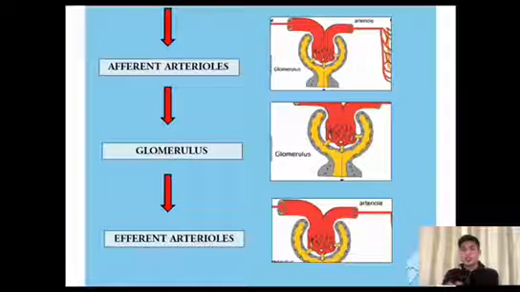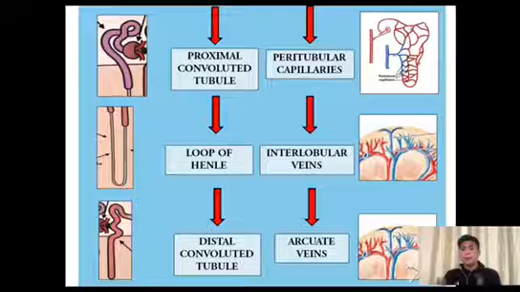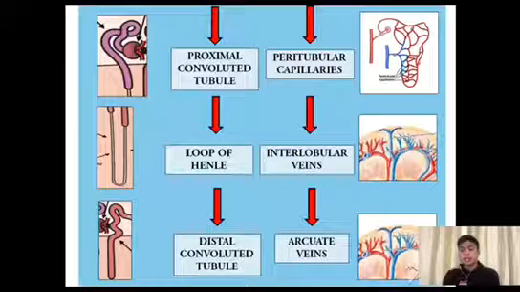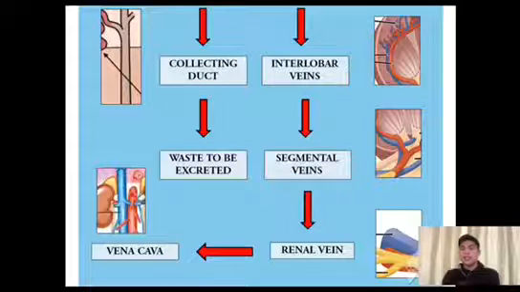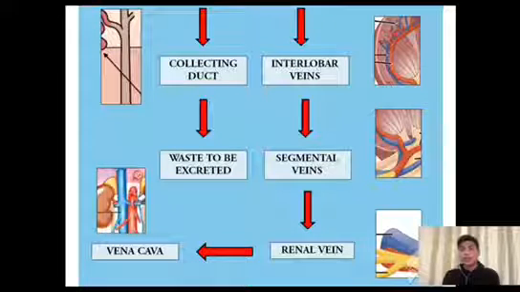arterioles, which are connected to the glomerulus, and the large particles in the blood that cannot pass through the walls of the glomerulus will now go to the efferent arterioles. And now these efferent arterioles proceed to the peritubular capillaries, to the interlobular veins, arcuate veins, and now to the interlobar veins, segmental veins. After the segmental veins, again, the renal vein towards the heart, which goes through the inferior vena